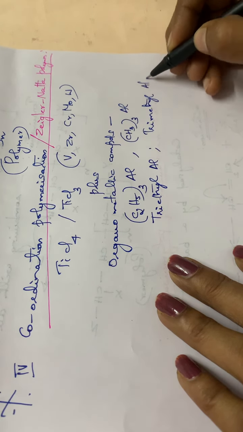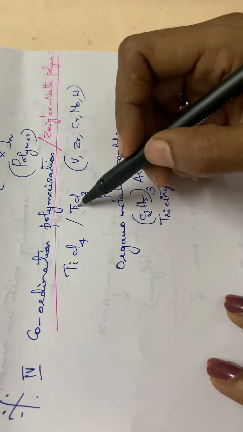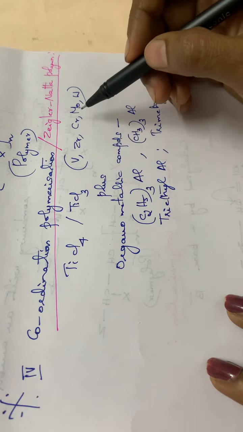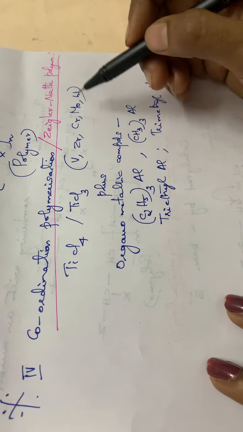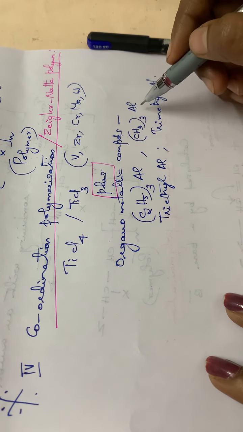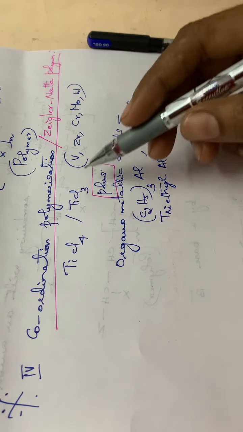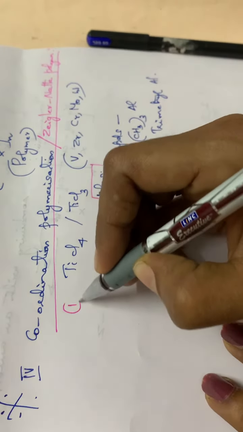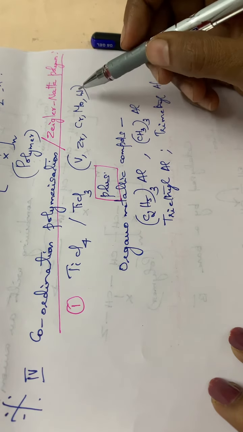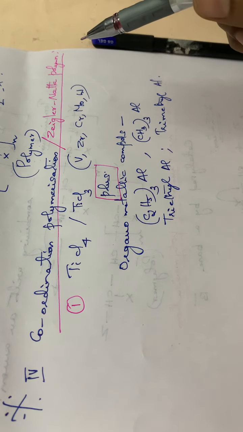Okay. So here halides of transition metals, and the transition metals can be titanium, vanadium, zirconium, chromium, molybdenum and tungsten, plus any of the organometallic compounds. Organometallic compound means an organic compound in combination with a metal. So this is triethyl aluminium and trimethyl aluminium. The combination of these two catalysts is used in this coordination polymerization. Sometimes it will be asked what is a Ziegler-Natta catalyst, so you have to write down the Ziegler-Natta catalyst.